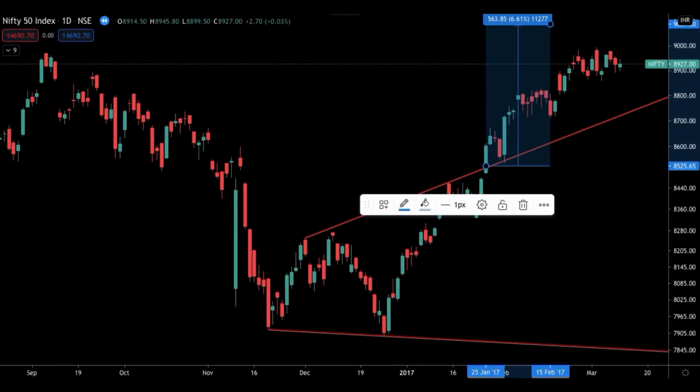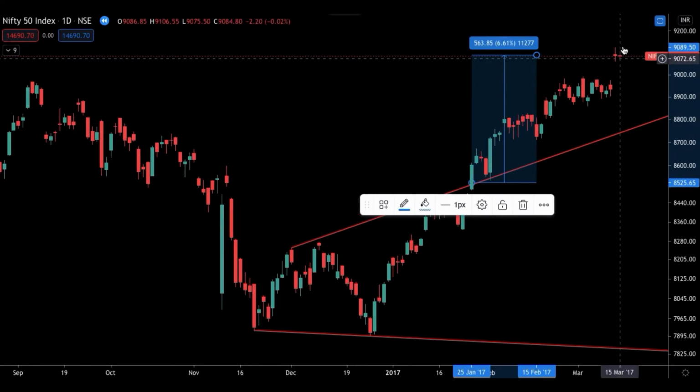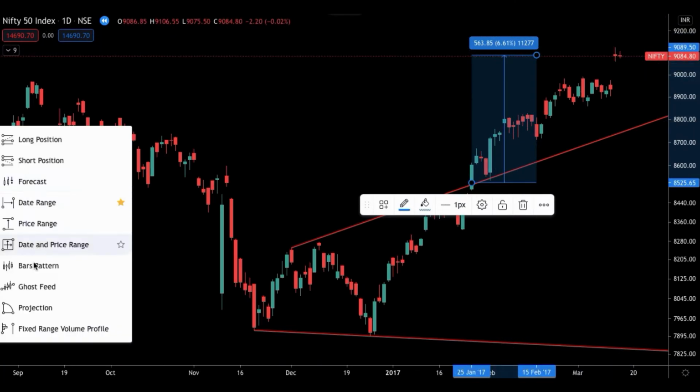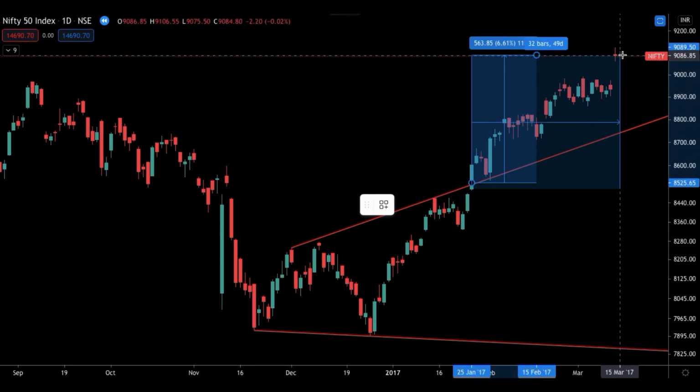It's consolidating over here for a few candles, and see here it completed its target of 6.61%. And let's see the time it took from the breakout day. It has taken 32 bars, meaning 49 days, a little less than 2 months